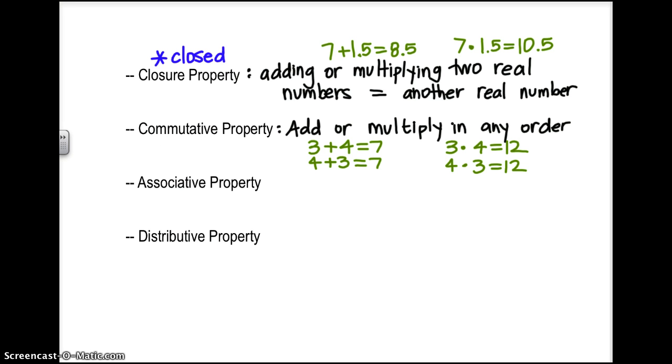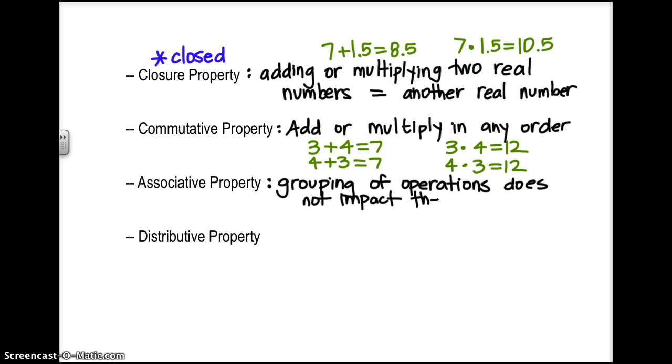Associative, association, who you hang out with. Okay? We can group operations and it won't change the result. So the way we group our operations when they are addition or multiplication, the grouping of operations does not impact the answer, does not change the answer. Okay? So here we're talking about different groups of numbers. For example,